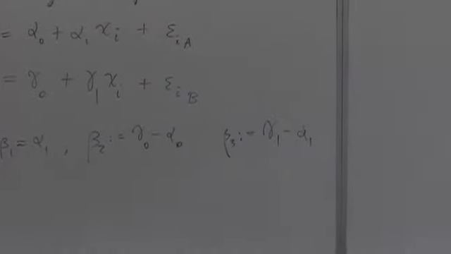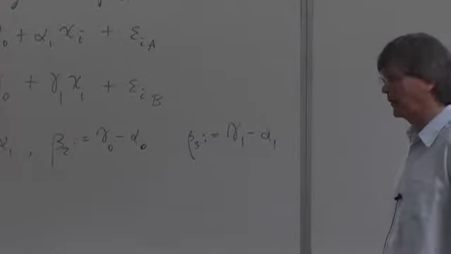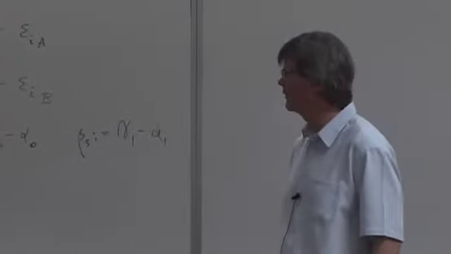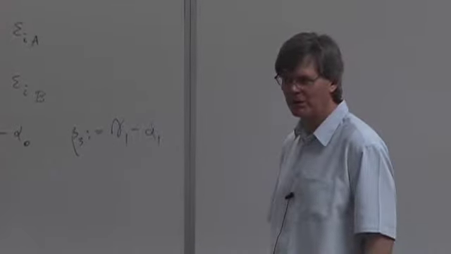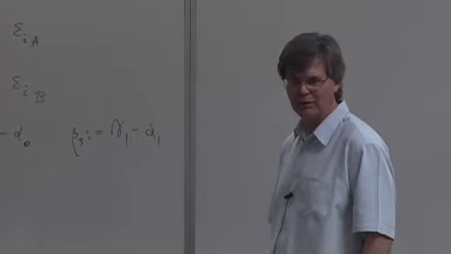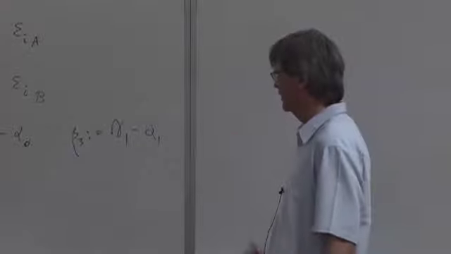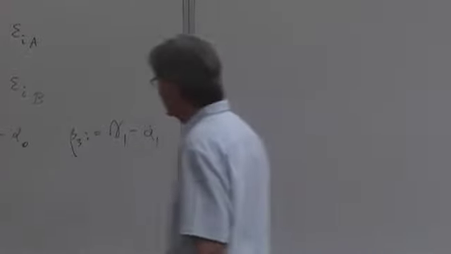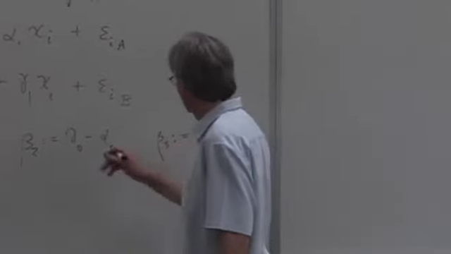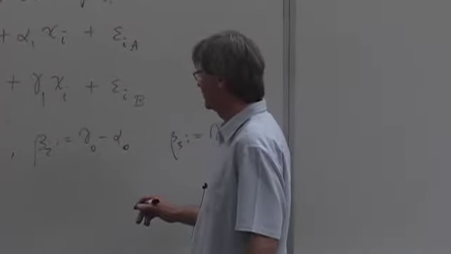Okay. It's kind of obvious that those are 4 independent parameters. Given that alpha 0, alpha 1, gamma 0, and gamma 1 are 4 independent numbers, then these are, again, 4 independent numbers. You can play with linear algebra if you want. Show that the column space of a corresponding matrix, beta 0, in other words,